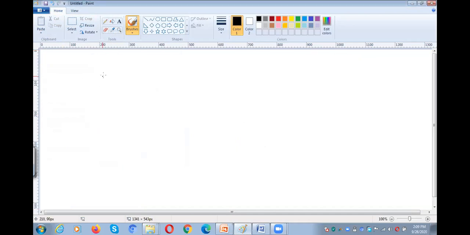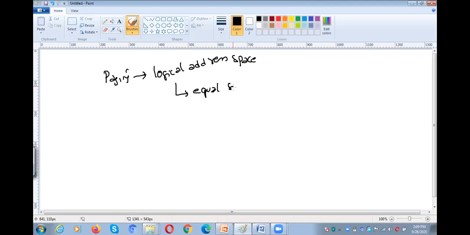So what is paging? In the case of paging, the logical address space is divided into equal sized pages, and main memory is divided into frames, right?